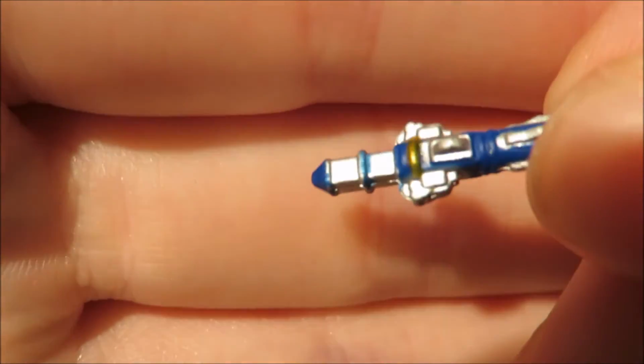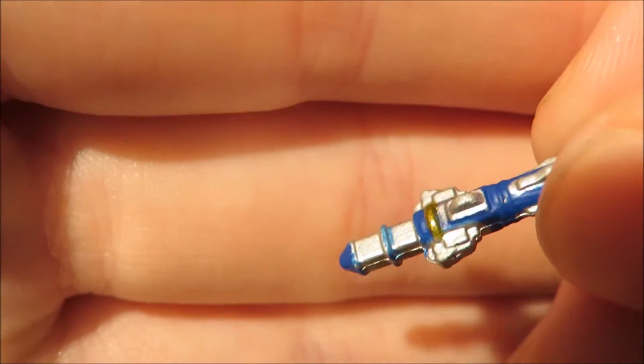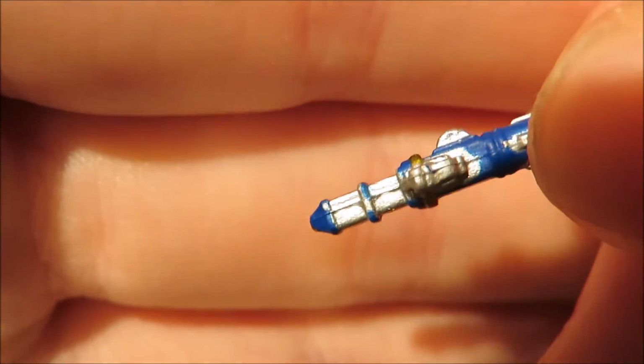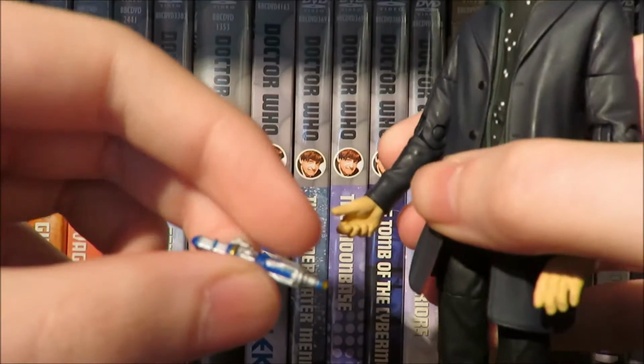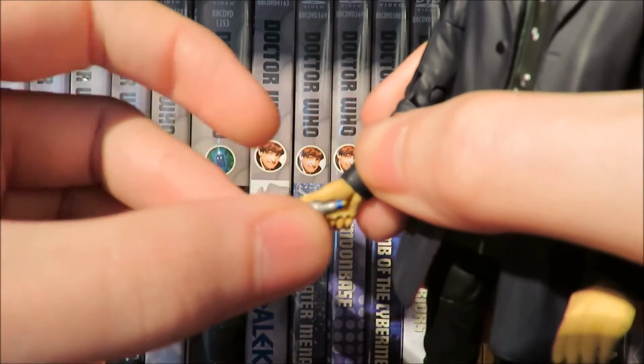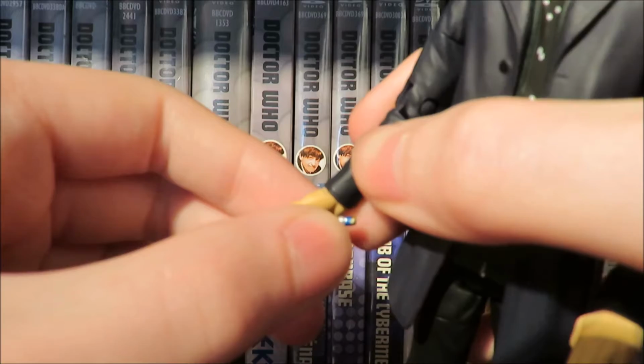You've got these little ridges there, the little gold cap there, and the ridges there, done rather nicely. I've got to say this is a very good sculpting of the Sonic, and the paint tap does vary a little there, but for such a small scale you can't blame them for not getting everywhere. Now, fitting the Sonic screwdriver into the 12th Doctor's hand is quite a bit of a task because obviously the hand sculpt is the same,